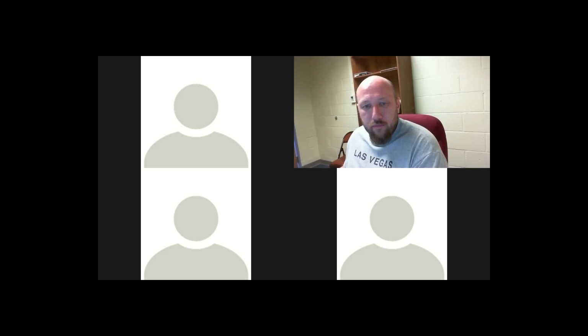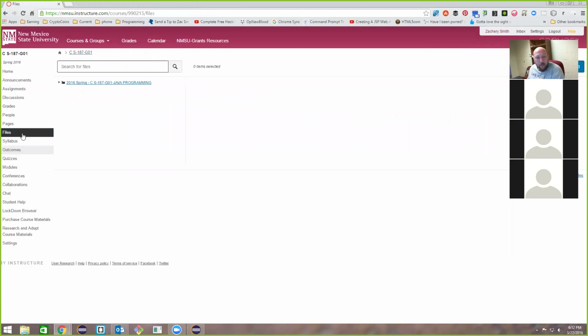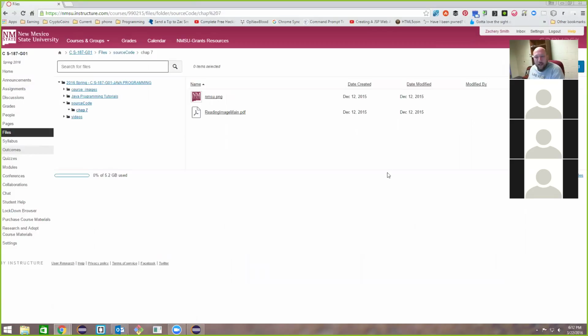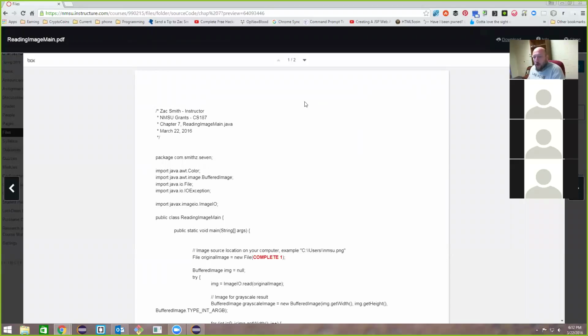I've got 2 screens, I might as well make use of it. I don't have to clutter you guys. Okay, so the second part says download the reading image main and NMSU PNG file, and that is located over here in files. And then in source code, chapter 7, notice you have the PNG file as well as the reading image main PDF. Now, if you take a look at this, I've already written the bulk of the code for you